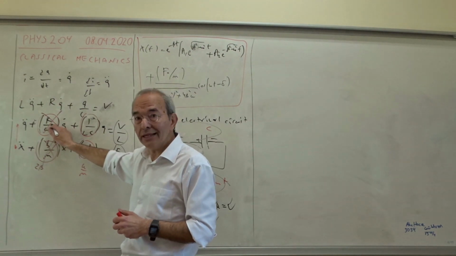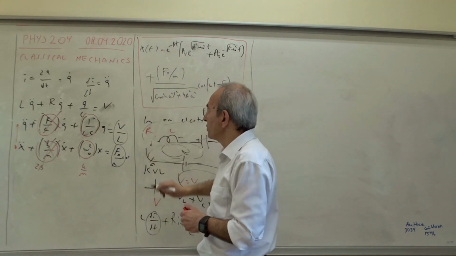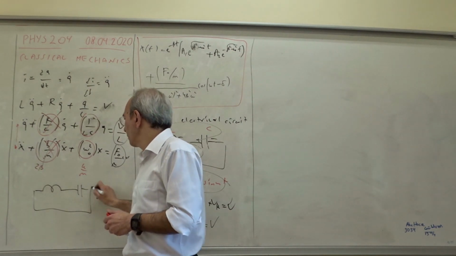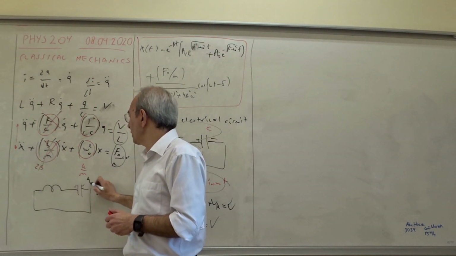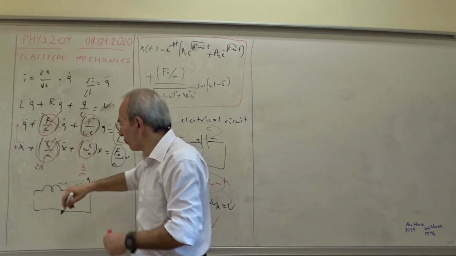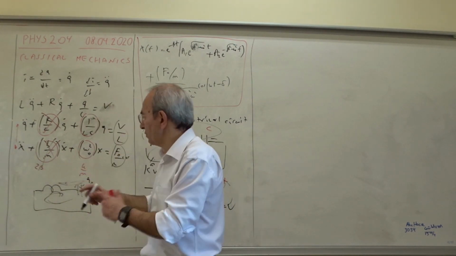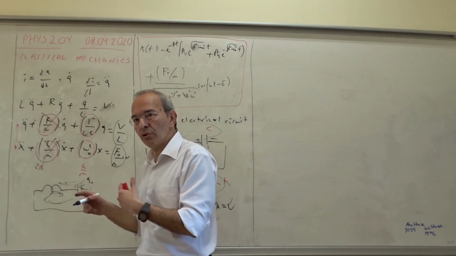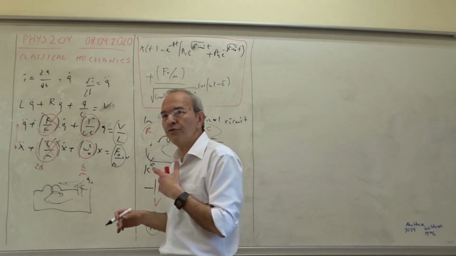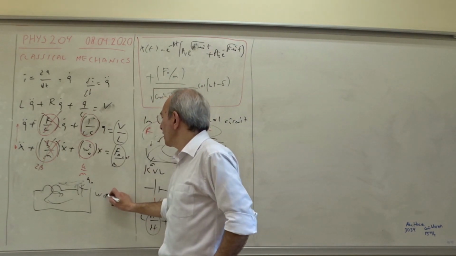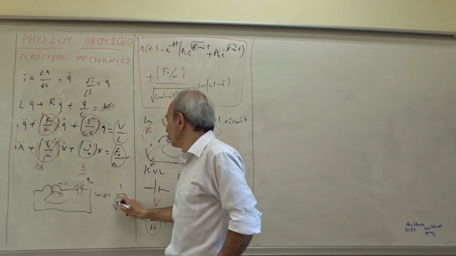In the electrical case, if you have no resistance, just an inductor and a capacitor, initially it has some charge, let's say Q0, then this Q0 goes back and forth, there is a current and vice versa. It makes oscillations. Clockwise, counterclockwise currents will be flowing at the frequency, in this case, 1 over root